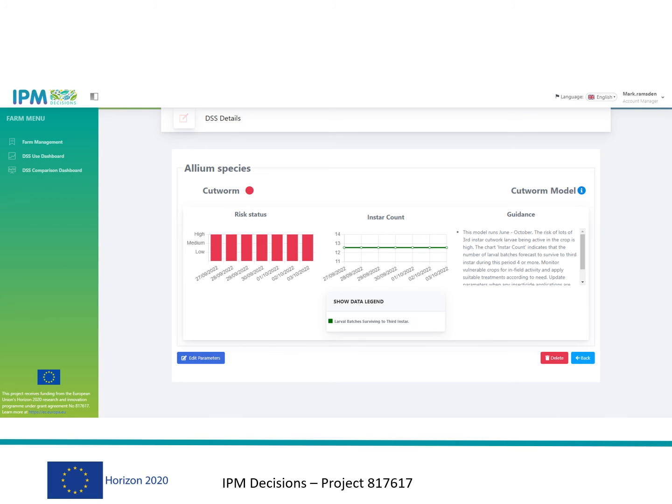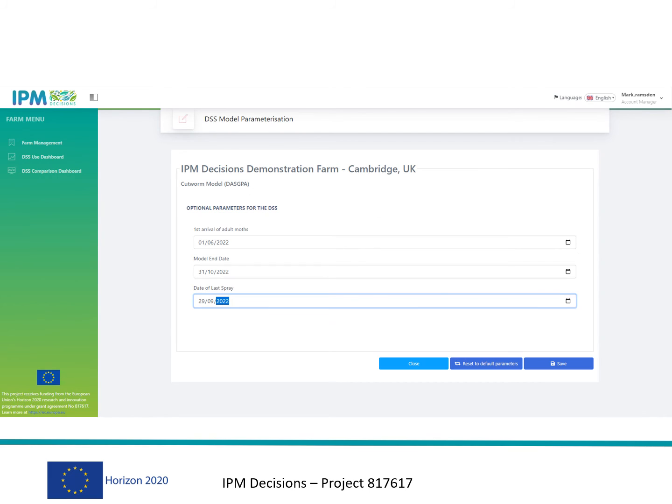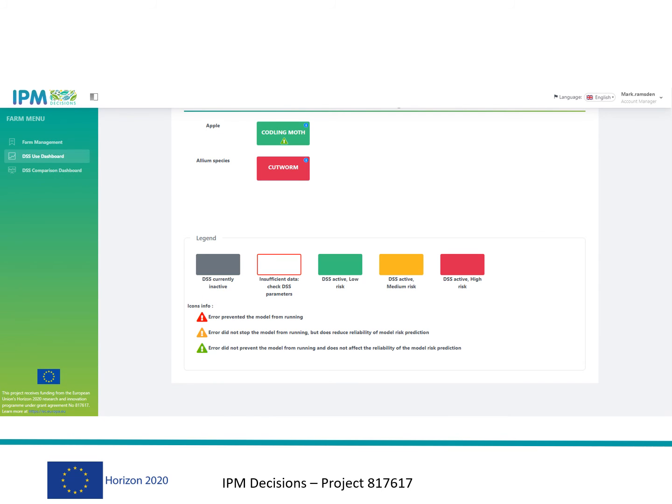Let's say the farmer on this occasion is intending to apply a treatment tomorrow. We can add that into the system by editing the parameters. I will add a spray application for tomorrow, and let's see what that does to the system. Back to the dashboard, and the risk is still high, because of course spraying tomorrow hasn't reduced today's risk. But if we look in more detail,